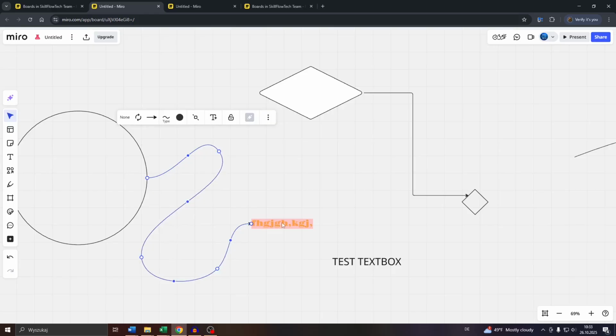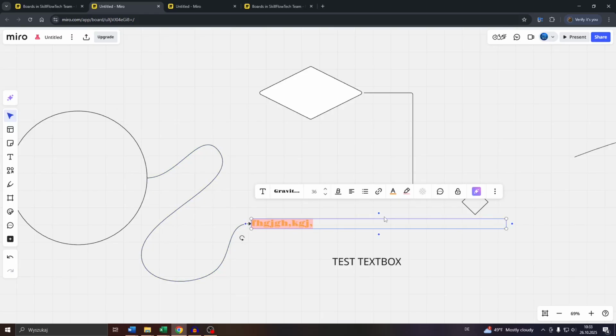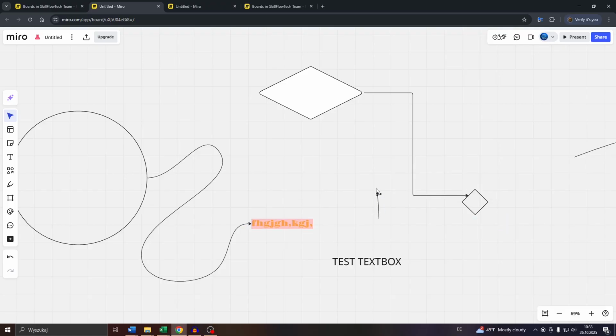So again, guys, simply click into the given element. Let me connect the text box here. Select one of these dots, hold your left mouse and drag it to the second element, and release your left mouse over one of the dots of the second element. And that's basically it. Now you can, for example, change also the direction here by clicking into this button,